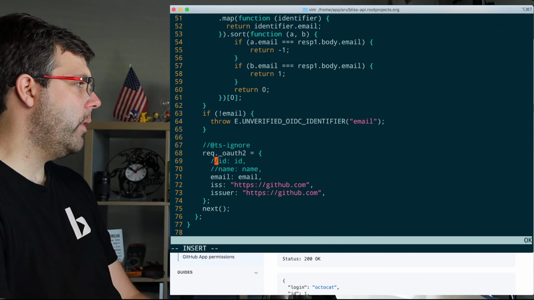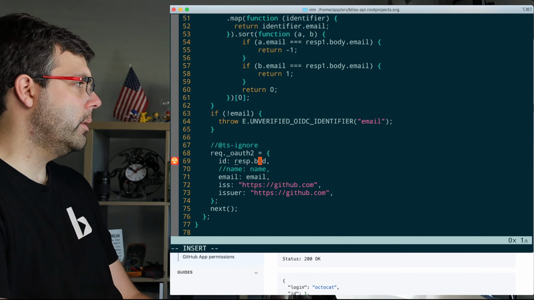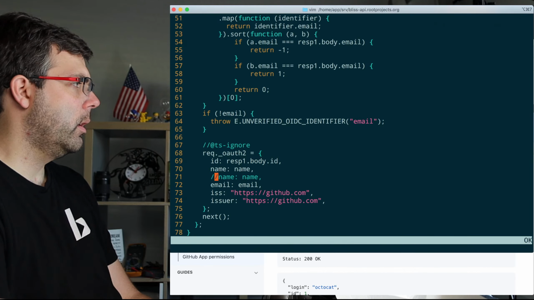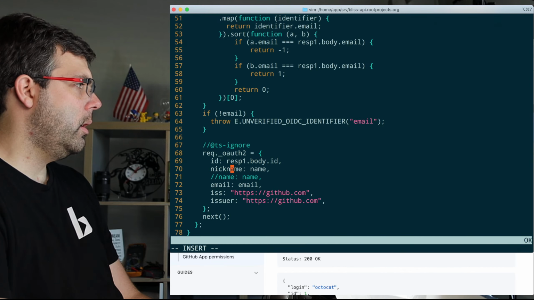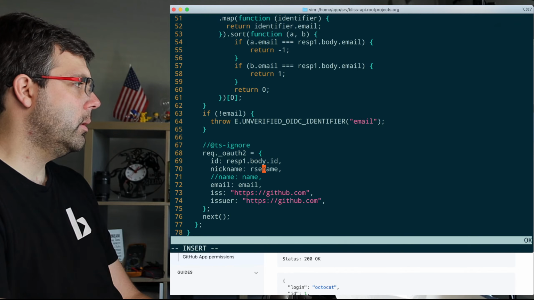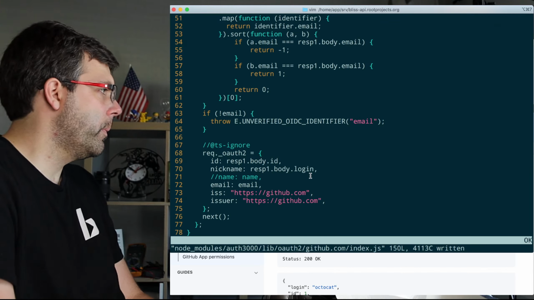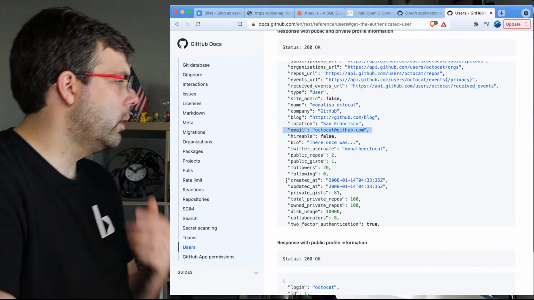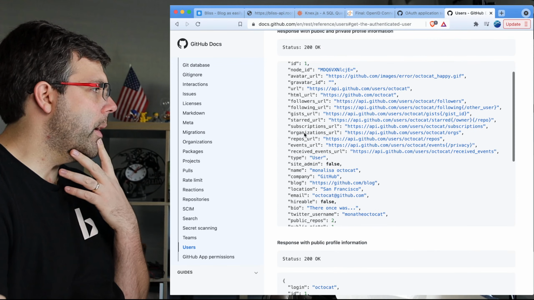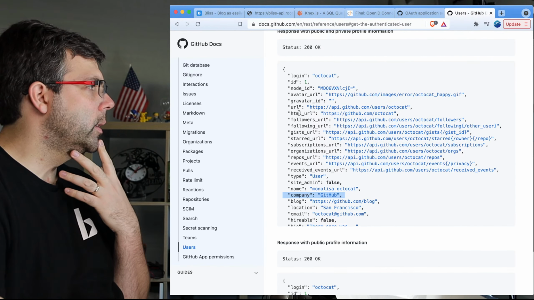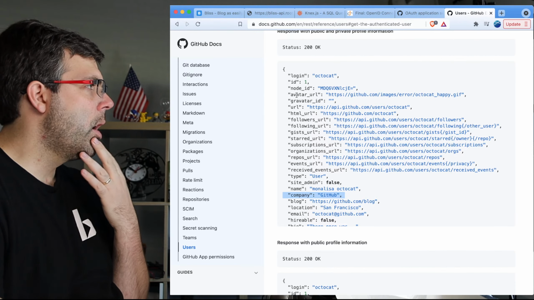And then we could have ID is resp1.body.id. And we could have, let's say, nickname is resp1.body.login, if I'm not mistaken. And I'll have to copy this stuff over. Hireable, bio, company name, avatar,